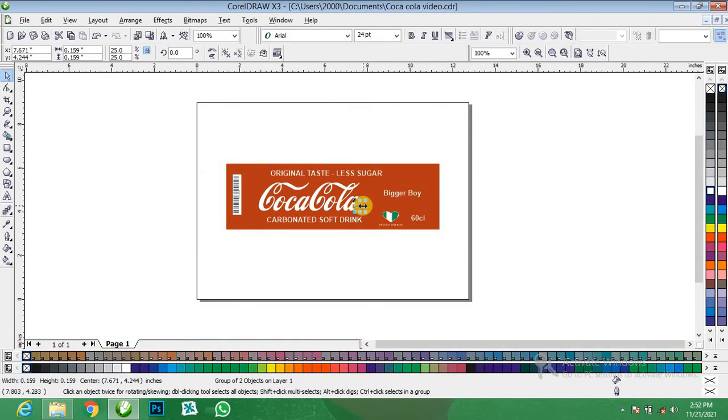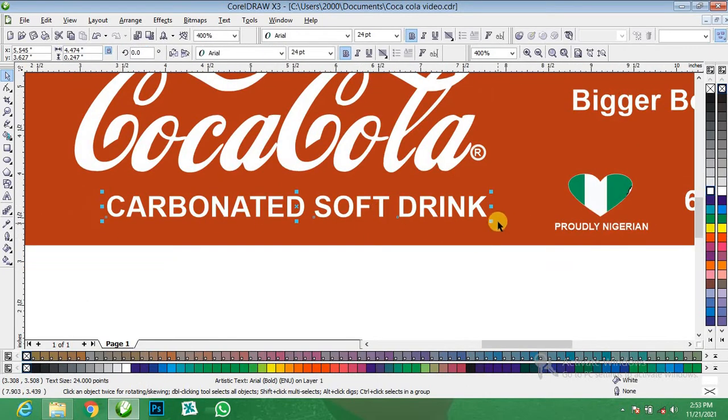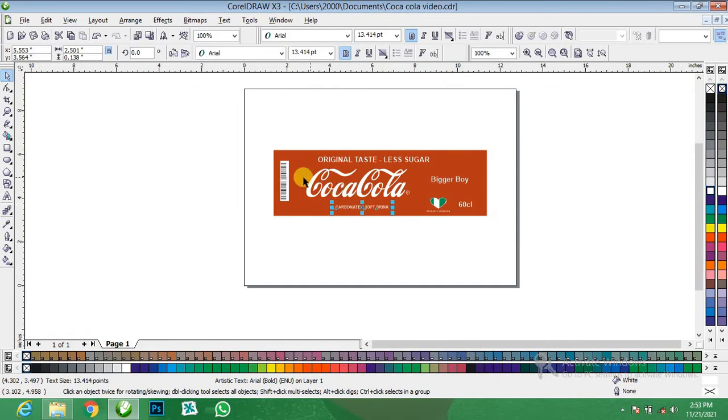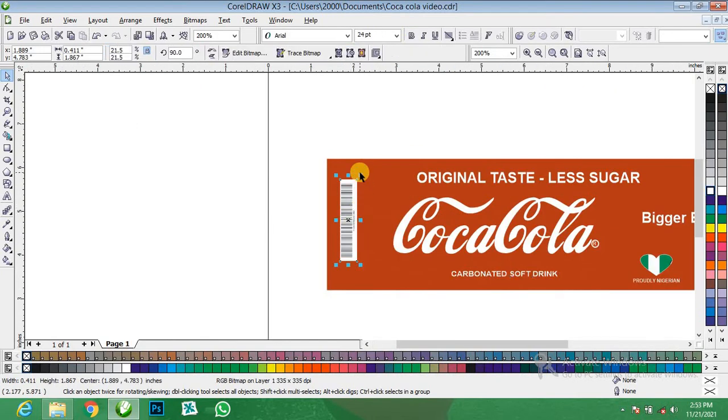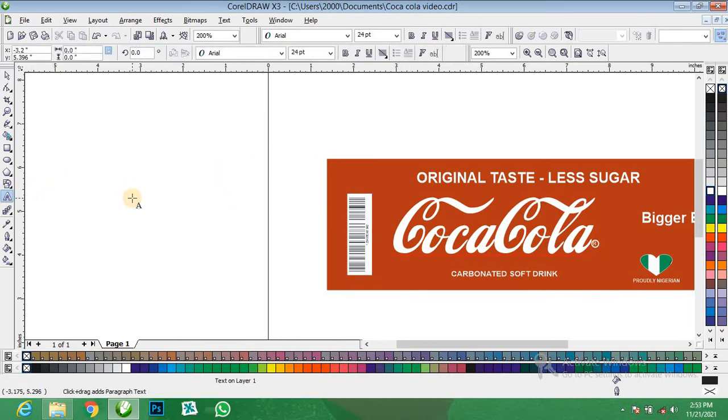Alright. Then over to this carbonated soft drink, we are going to reduce it a little bit like this. Then this should come in this form. I think we should add something like Coke.